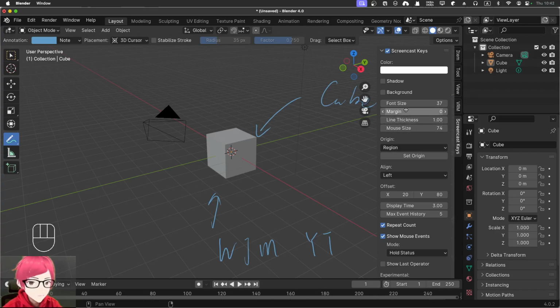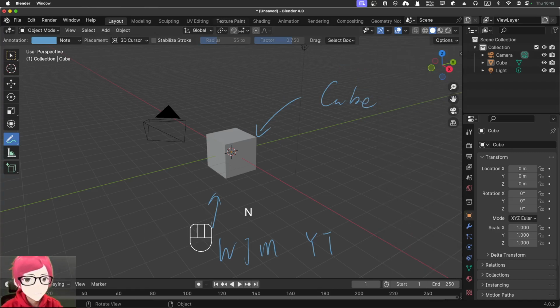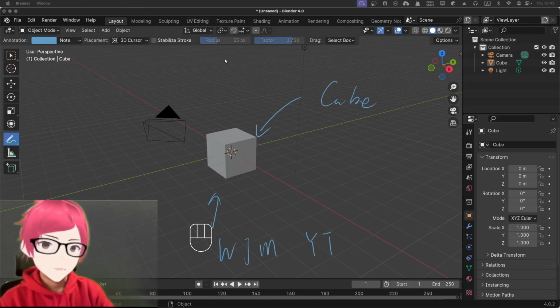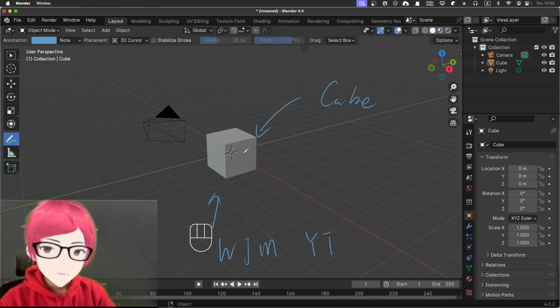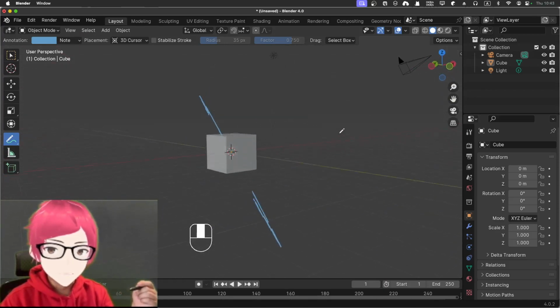yeah, screencast keys is a plugin that you can use to just cast your keys. Okay, and there's an offset, I think align left, or maybe just align that to the center. I think that's much better. Okay, if I align it to the center, I can just make myself a little bit bigger, like the normal size. Okay, so yeah, and when you're holding the middle scroll wheel, and you turn around, you can